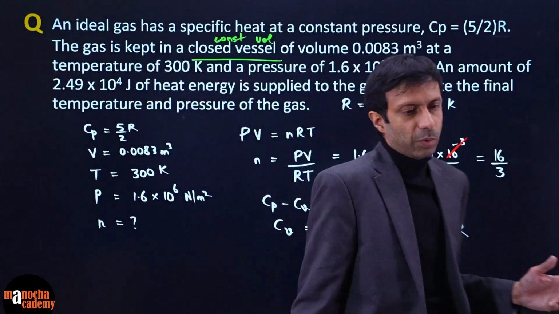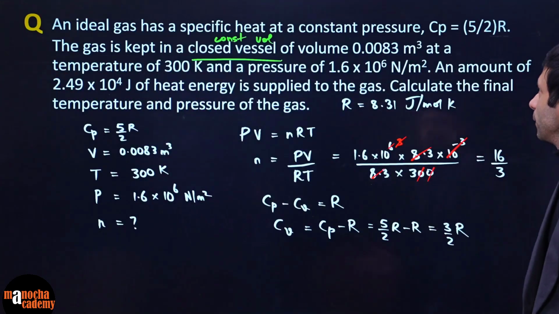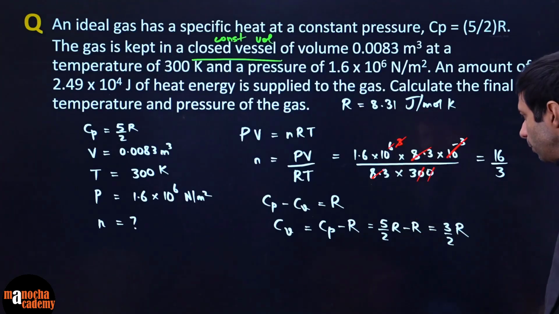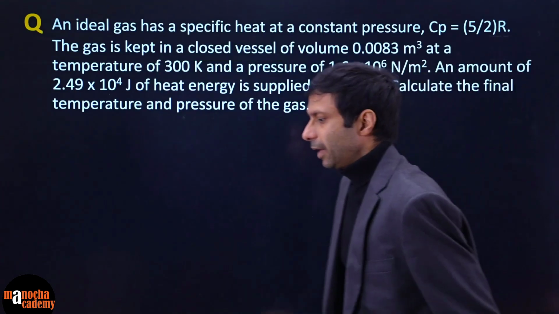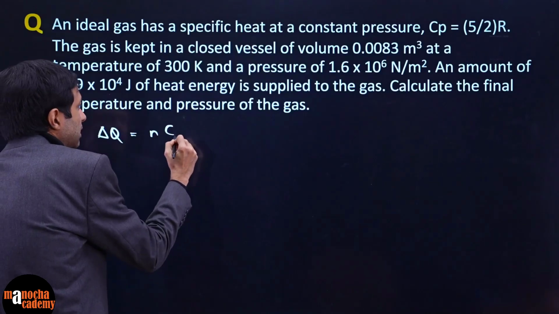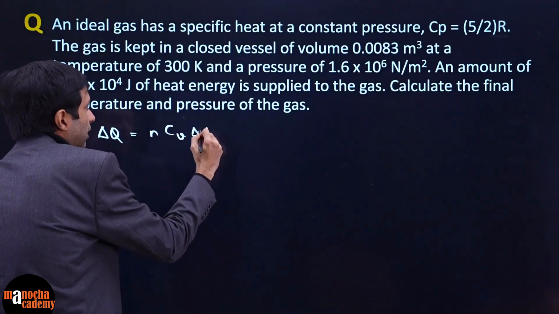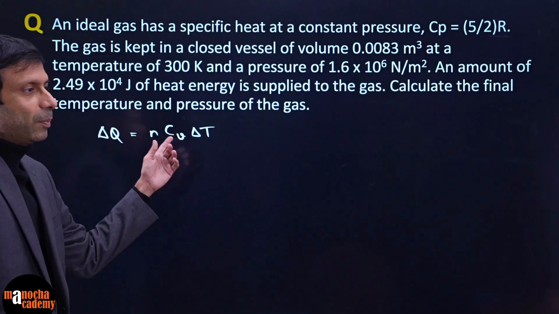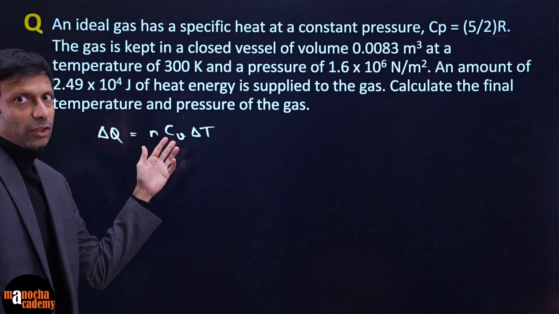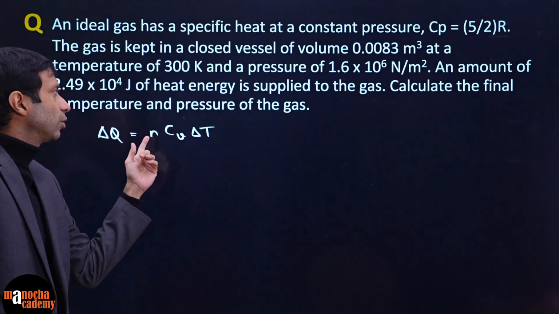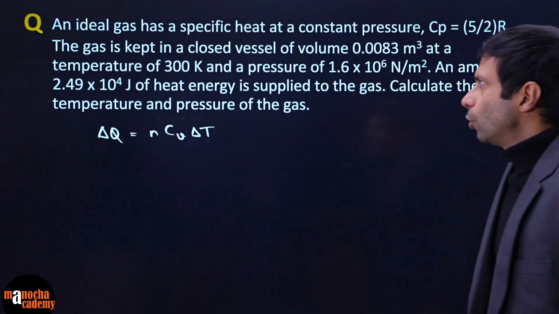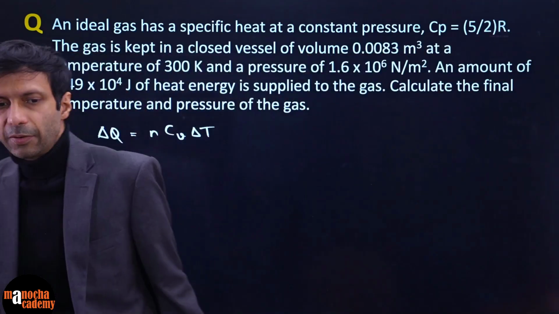Now can we find the amount of heat supplied, right? So heat supplied is given to us, but we can write this formula now that the delta Q will be n Cv times delta T. Do you guys agree? So this will help us calculate the change in temperature because this is the heat supplied at constant volume, since it's enclosed in a constant volume. So we can find this easily. Okay, so go ahead and substitute the values given to you.